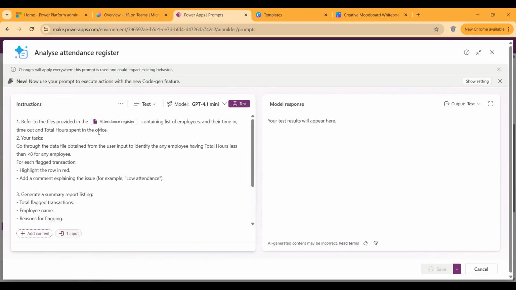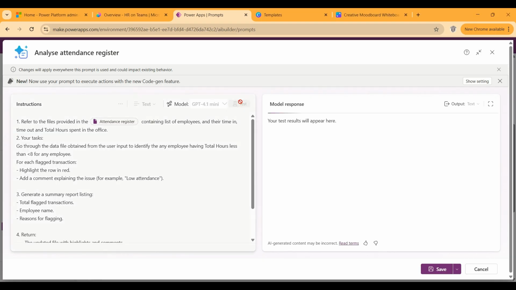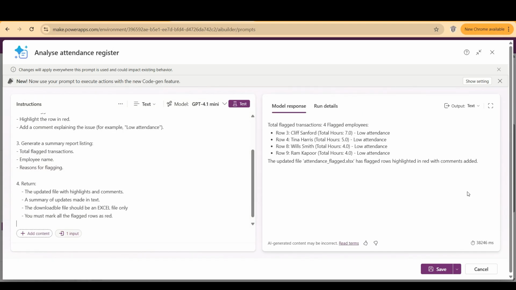So here in my prompt, I am just uploading this document, and let's see here. I'm just clicking on test to see what the prompt responds with. And yes, it came out with a response saying that there were 4 flagged employees, total flagged transactions, for whom there were low attendances. And it's saying that the updated file has flagged rows highlighted in red with